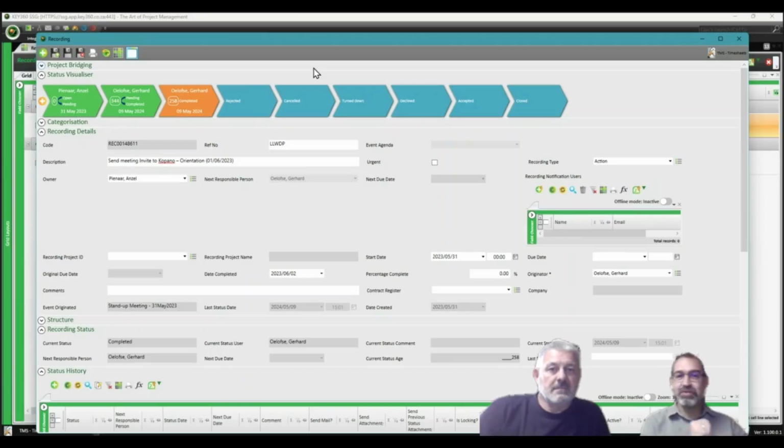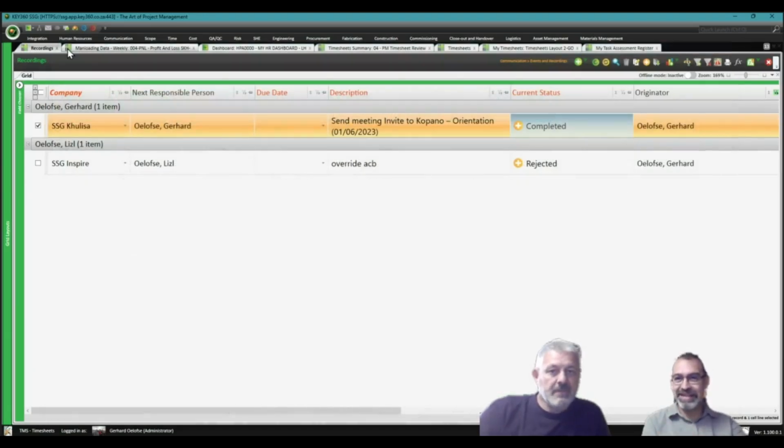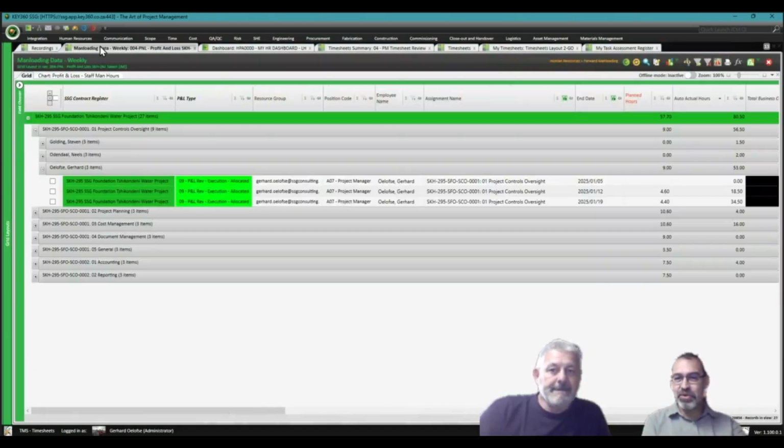But this is also a great form of communication, just already knowing that my report going out maybe on Friday, this is the kind of information that will be in there. So it prompts me to actually talk to the right people. As well as adding the turnaround time, how quickly you can get this over and done instead of waiting for something to happen. Exactly. So yes, combating the delays as well. All right, so that was recordings.